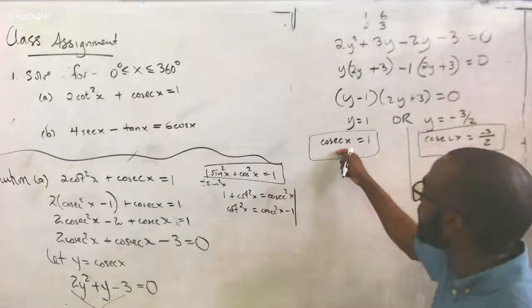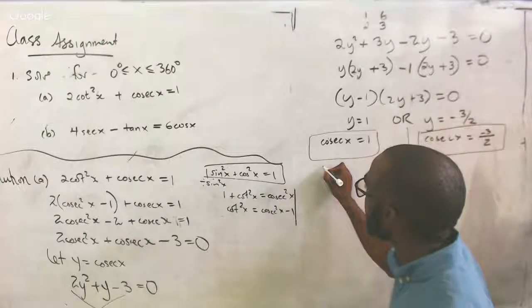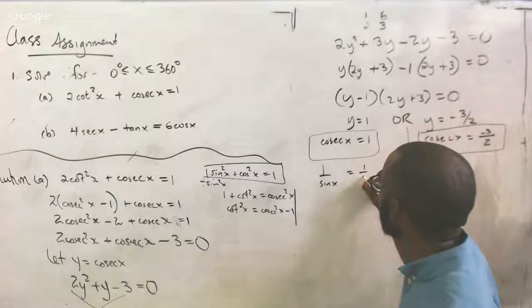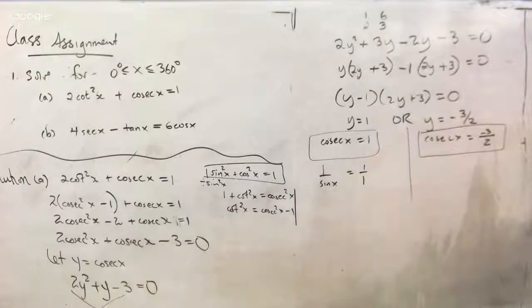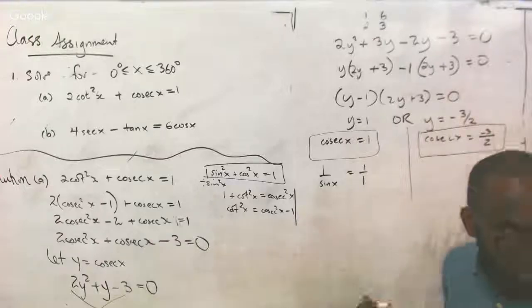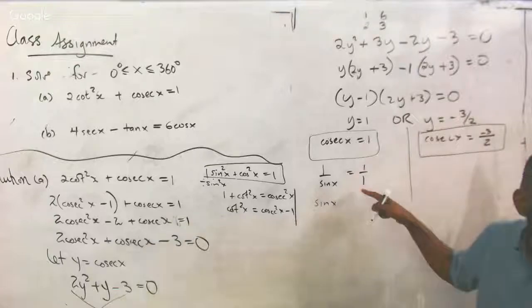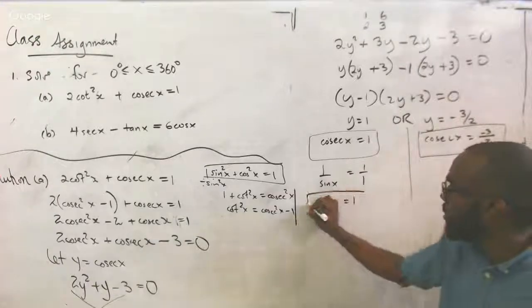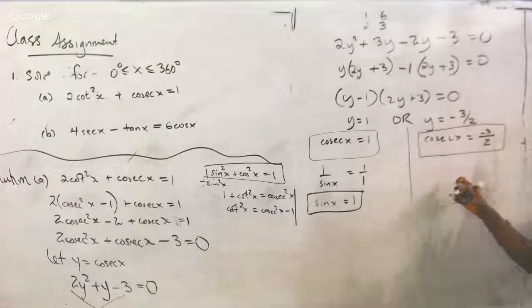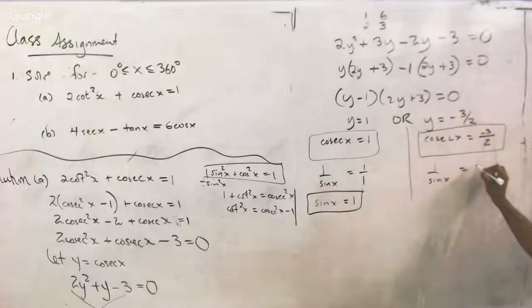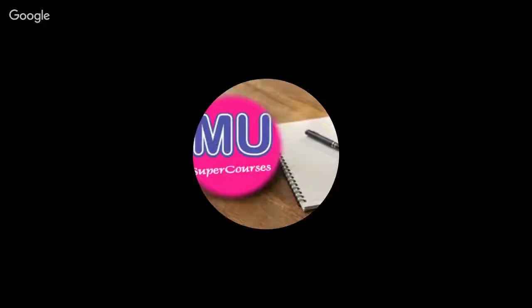But remember what cosecant is? Cosecant is 1 upon sine of x equal to 1 upon 1. Remember, one thing is a fraction, the other thing is a fraction. And reciprocate both sides and they're equal still, no? So this becomes sine x, and if I reciprocate 1 upon 1, it's just 1. So sine x equals 1. Over here, I'd have gotten 1 upon sine of x equal to negative 3 upon 2. Reciprocating gives negative 2/3. Can you see that?